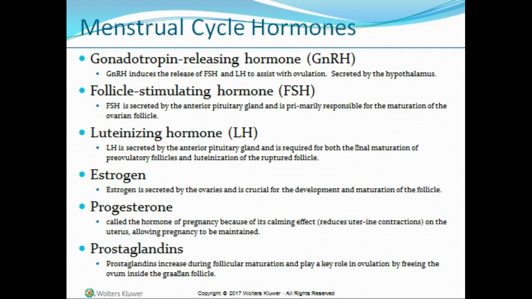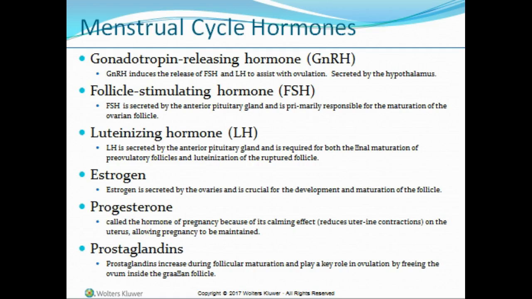All right, menstrual cycle hormones. These are the major hormones that women produce. So the first is the gonadotropin releasing hormone. It induces the release of FSH, or follicle stimulating hormone, and LH, luteinizing hormone, to assist with ovulation, and is secreted by the hypothalamus. Your FSH, or your follicle stimulating hormone, is secreted by the anterior pituitary gland and is